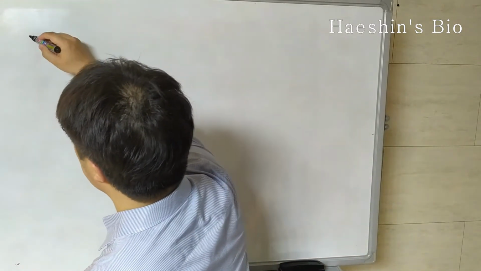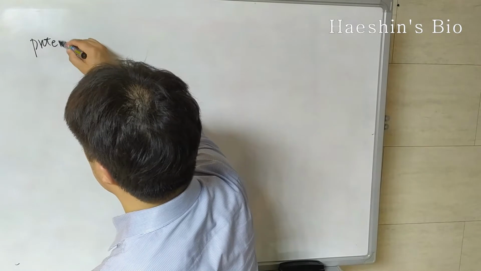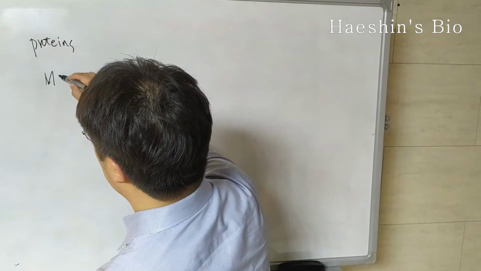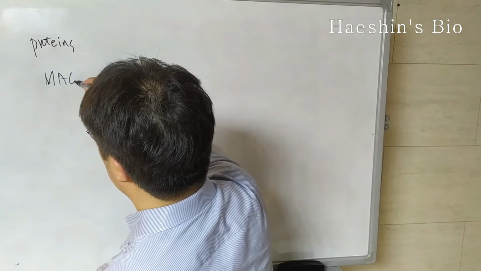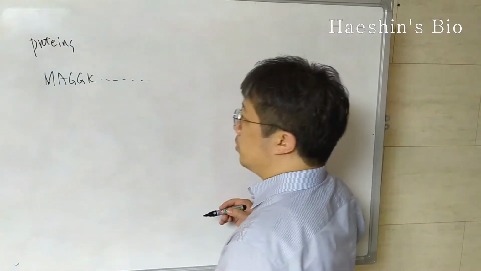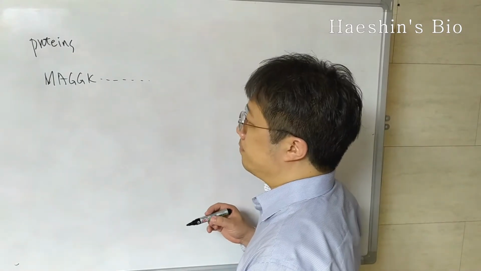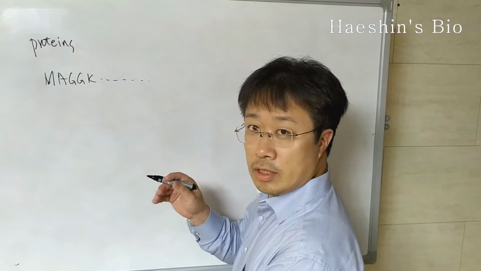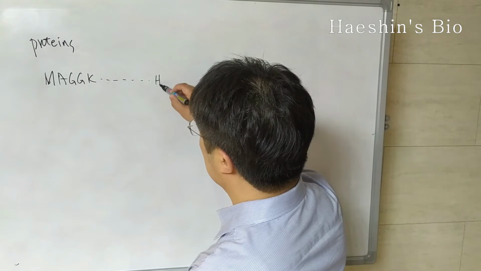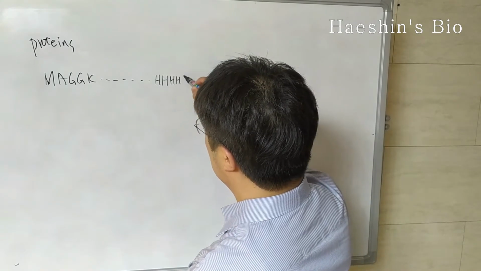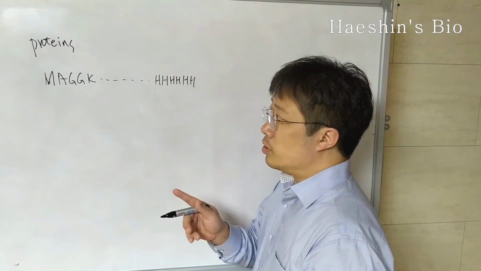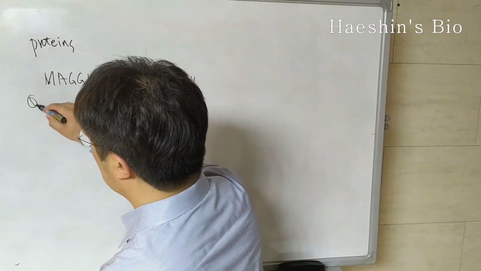So now the proteins with the sequences methionine, alanine, glycine here. And then as I mentioned, we need some series of histidine residues, for example, six histidines. So the first question is, question number 1 is